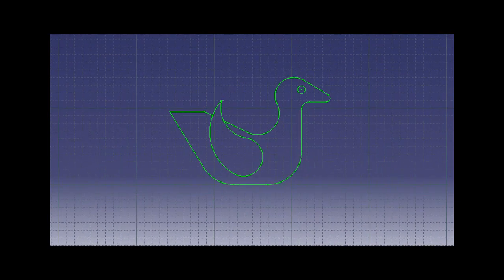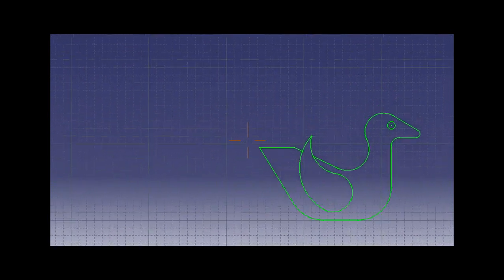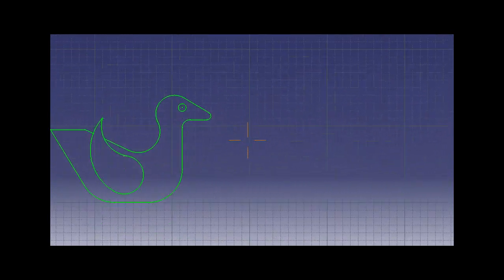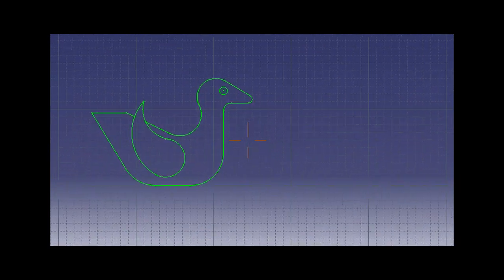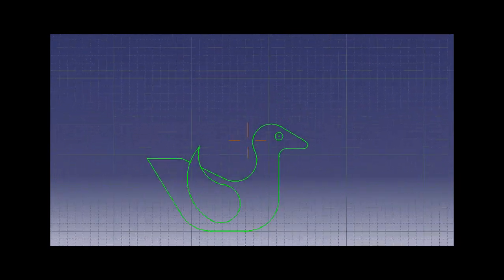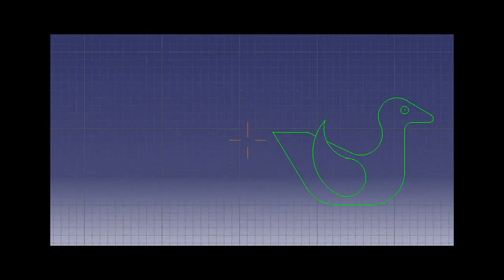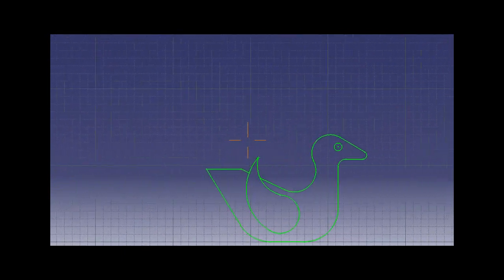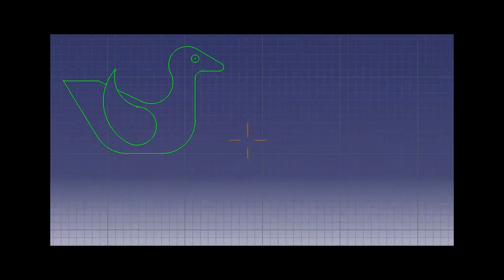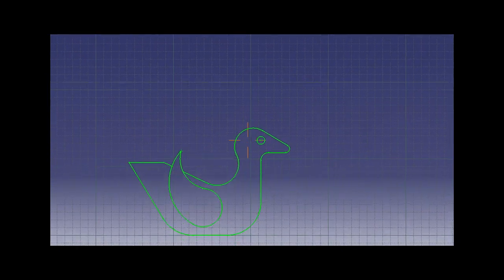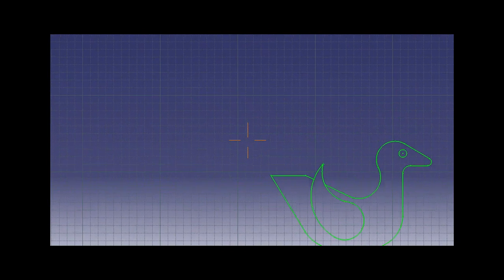In the previous video, we have seen how to plot the points using the point command. We have seen how to plot the points using the coordinates. We also have seen how to plot the equidistant points on a line. Also, we have seen how to plot a projection of a point on a line. So, in this video, we will be mostly focusing on the exercises that are related to these commands.